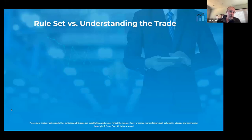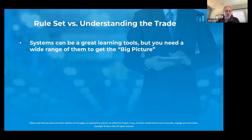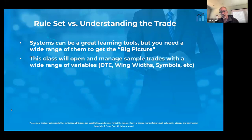And over a period of time of trading all of those different things, you'll start to learn that they're all just variations of each other. And if you learn to understand the core butterfly itself, the specific rule sets become a little less important in my mind. So again, those systems can be great learning tools. Don't want to take anything away from them at all. If you're a rule-based trader and you want to have a rule set, that's probably not going to be where I will be. So I want you to understand when we're going to make a change, why we're going to make a change, but it's not going to be based off of a Greek,